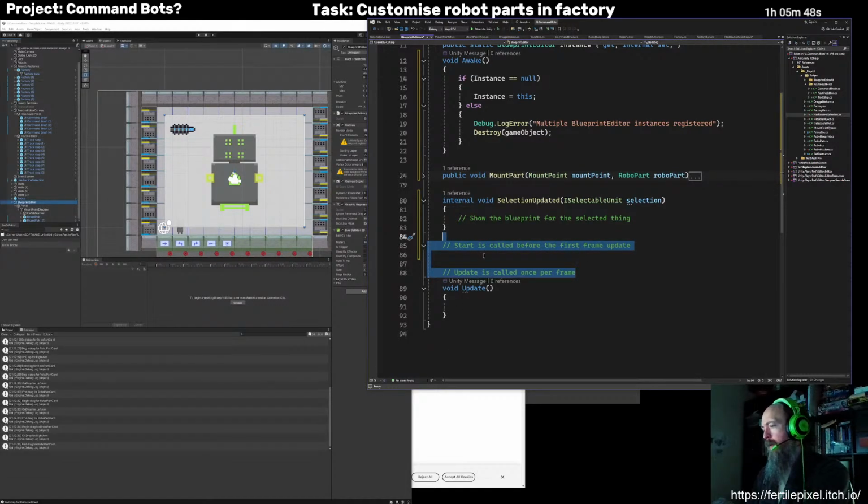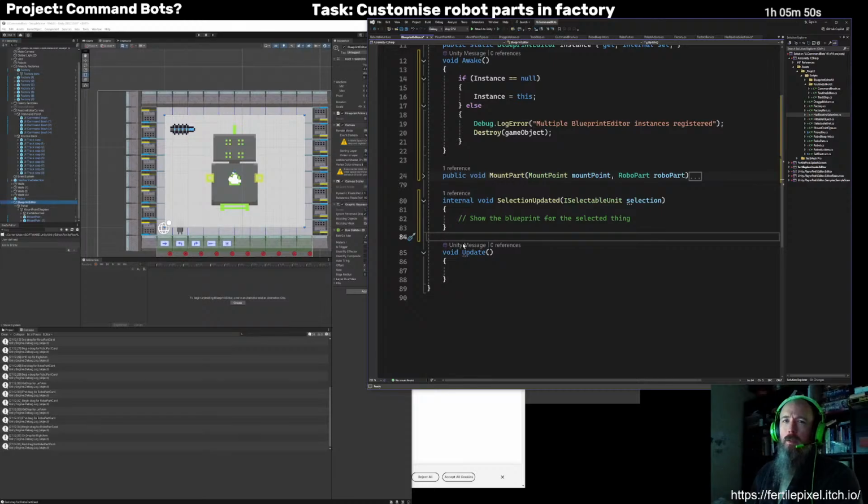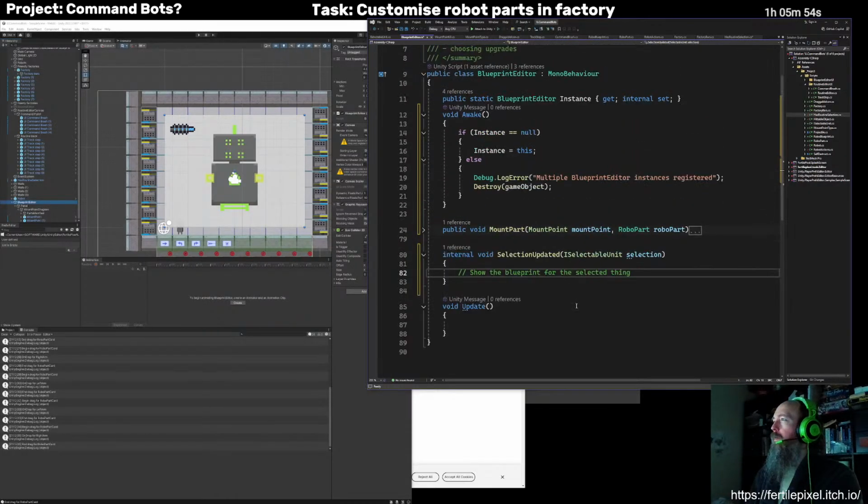So yeah, I haven't got any way so far of it getting all the mount points. It's going to need to notify all of the mount points anytime that something starts dragging anyway.